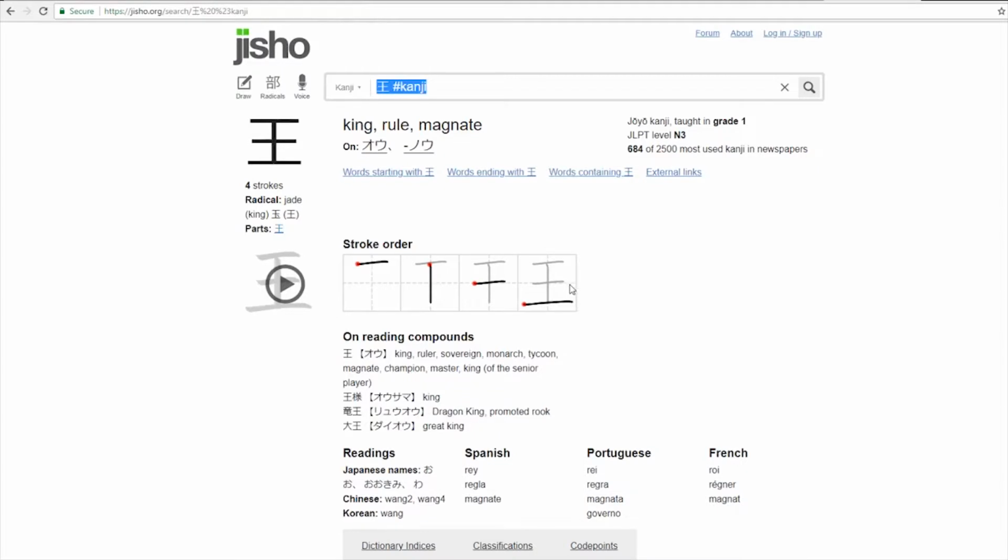So one mnemonic for this one is that it kind of looks like ground and then one sky on top of it. So it's the guy who rules the in-between of ground and sky is a king. Think of it like that. This one does not have a kunyomi. And the onyomi is, the